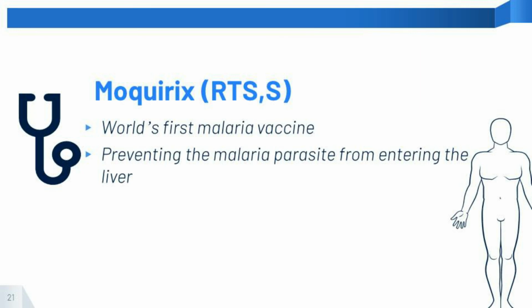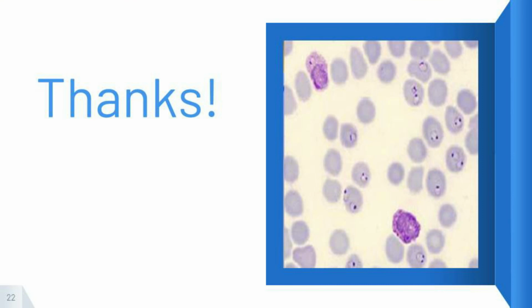This vaccine works by preventing the malarial parasite from entering the liver, where it can mature and multiply to cause disease symptoms. And now we have learned something on the features, diagnosis, life cycle, transmission, prevention, and the treatment